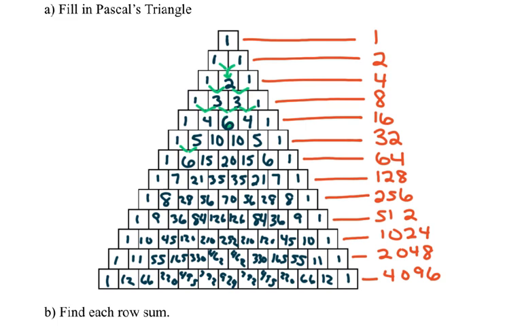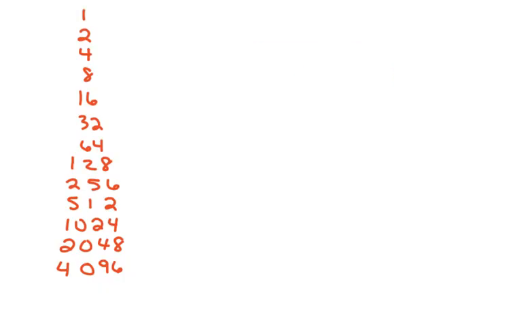So these are the row sums for Pascal's triangle. 1, 2, 4, 8, 16, 32, 64, 128, 256, 512, 1024, 2048, 4096. And so here I've replicated those numbers so that we can answer our next question, which is,